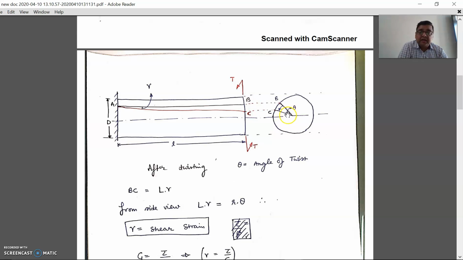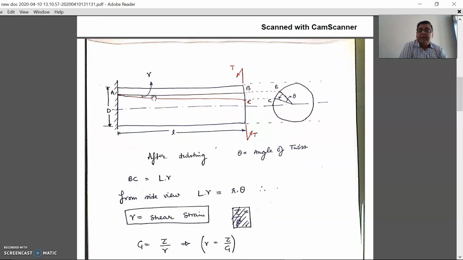In this case, if we see the side view, this is the angle theta, right? And theta is called the angle of twist, whereas this is called the shear strain, and this shear strain is gamma. Now if we try to calculate the value of BC from this diagram, as well